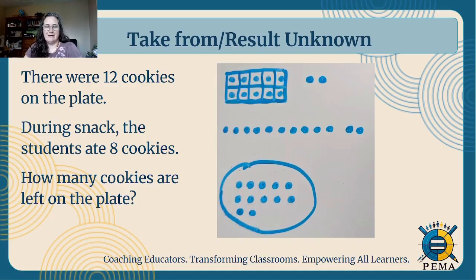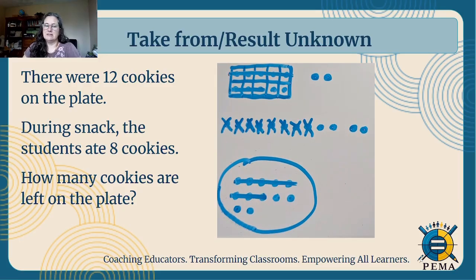For this one, I give you 3 different ways students might represent it. I might use a 10 frame, I might use a linear model, or if I picture a round plate in my head, I might just draw a plate with a dot for each cookie. I know there's 12 cookies on the plate. Then I learned that the students ate